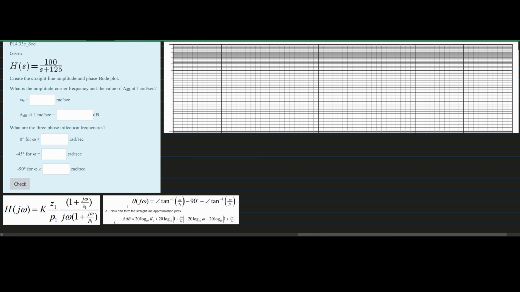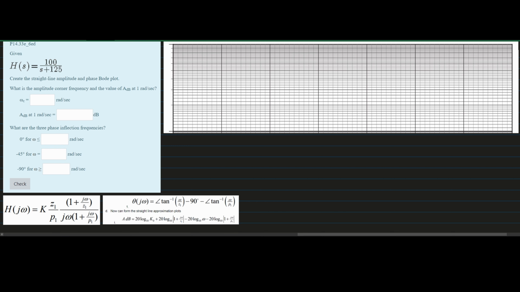For this problem, we're given H(s) equal to 100 divided by s plus 125. We are going to create the straight line amplitude and phase Bode plot. We're asked what is the amplitude corner frequency and the value of A in dB at 1 rad per second. We're going to go through all of this, but first we'll start out by converting this H(s) to